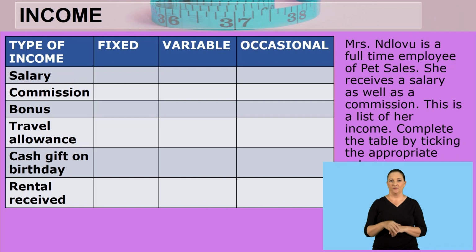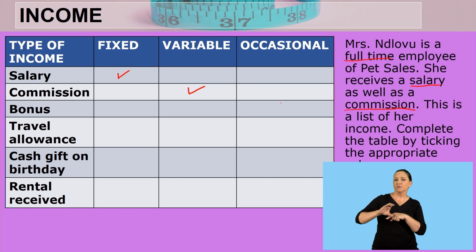Let's look at this example. Mrs. Ndlovu is a full-time employee of pet sales. She receives a salary as well as a commission. There we go. This is a list of her income on the other side. Complete the table by ticking the appropriate column. Here we go. So salary is fixed. There's a tick. Commission varies. That's a variable income,